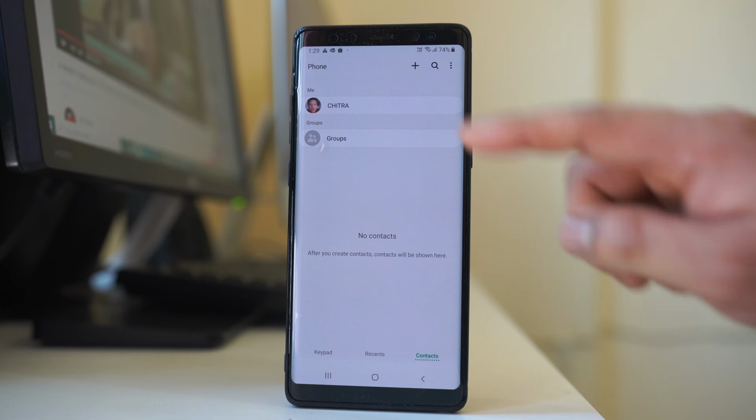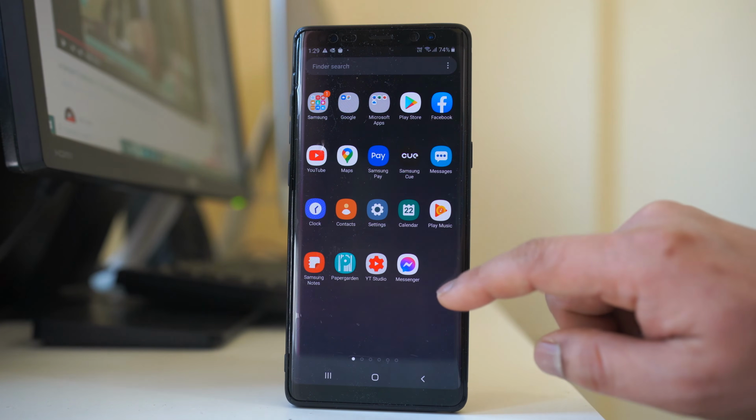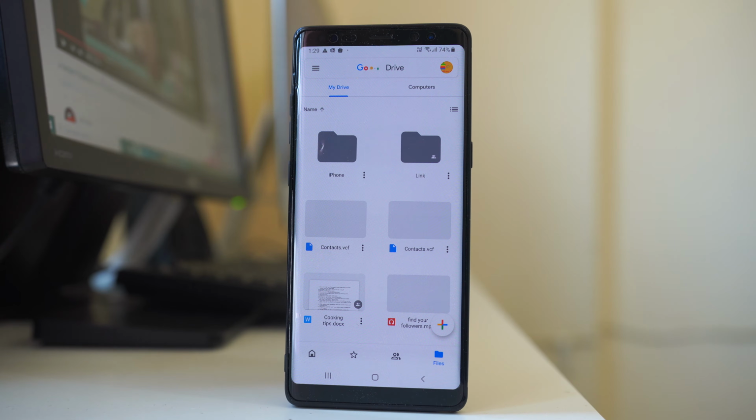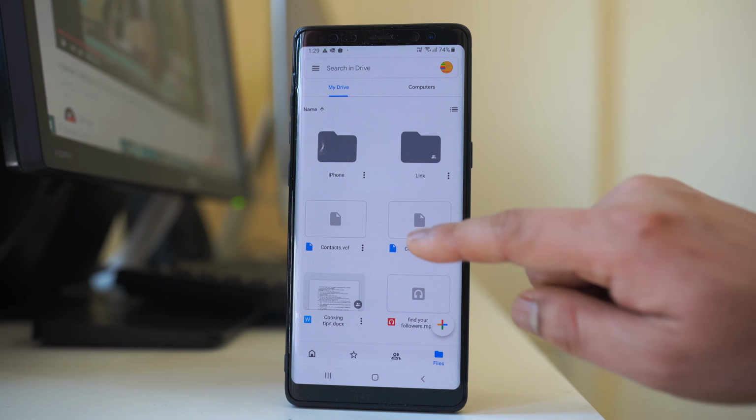Now you can see that there is no contact in this device. So if I want to restore the contact, I will open the Google Drive application at first. Then I will look for the contact file that I saved. So this is the one. What I will do, I will tap on the contact file,